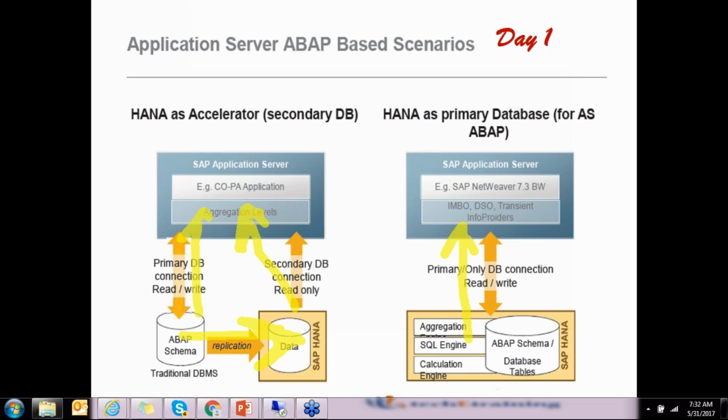Suppose I'm creating an OData service on the secondary database, then where will I register my OData service? Will it be on the front-end server or on the HANA database? There are two types of generation of OData services. XS OData is generated directly on the database.